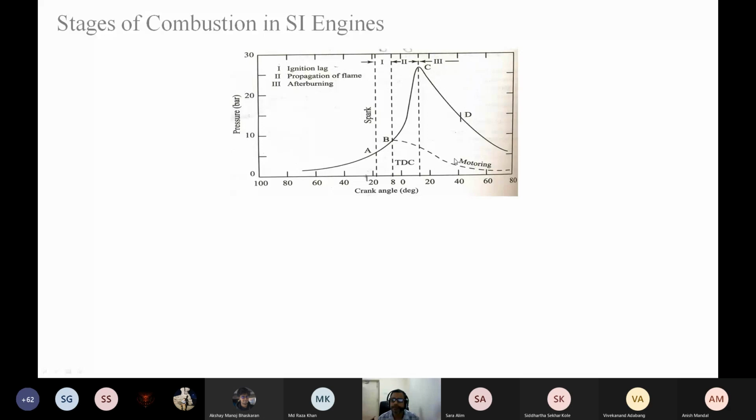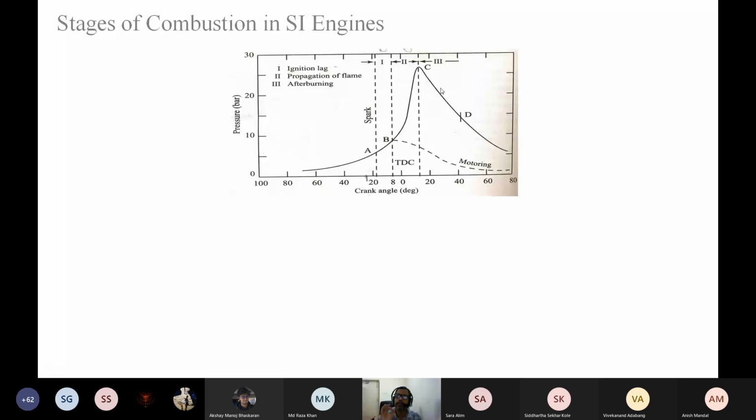Now, we are not interested in running the engine with the help of external means, because that is a negative torque we are applying. What we are going to do is start the fire. We are running the engine. The combustion engine is rotating because of its own power, because the combustion is taking place. And in that case, we are getting this curve, the thick line,